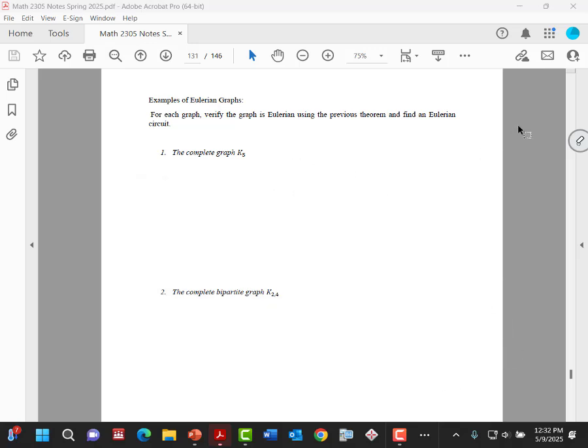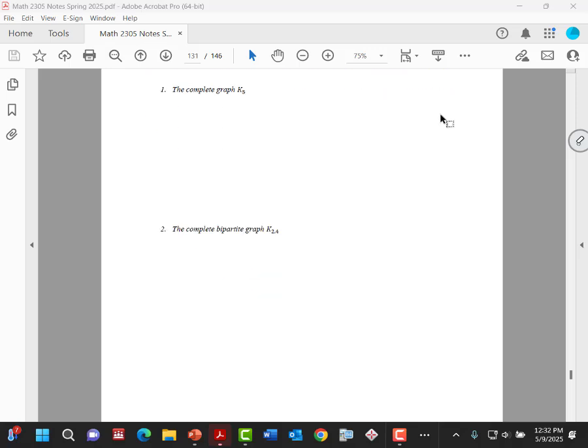And we'll skip around on this next example because it has several parts. For each graph, verify that the graph is Eulerian using the previous theorem and find an Eulerian circuit. Okay, so the complete graph K5. If I were to sketch K5 quickly,